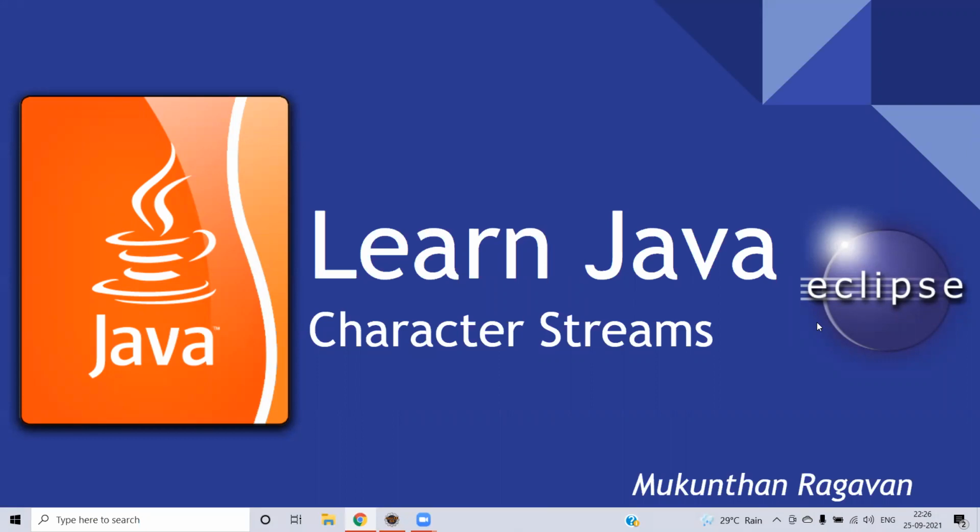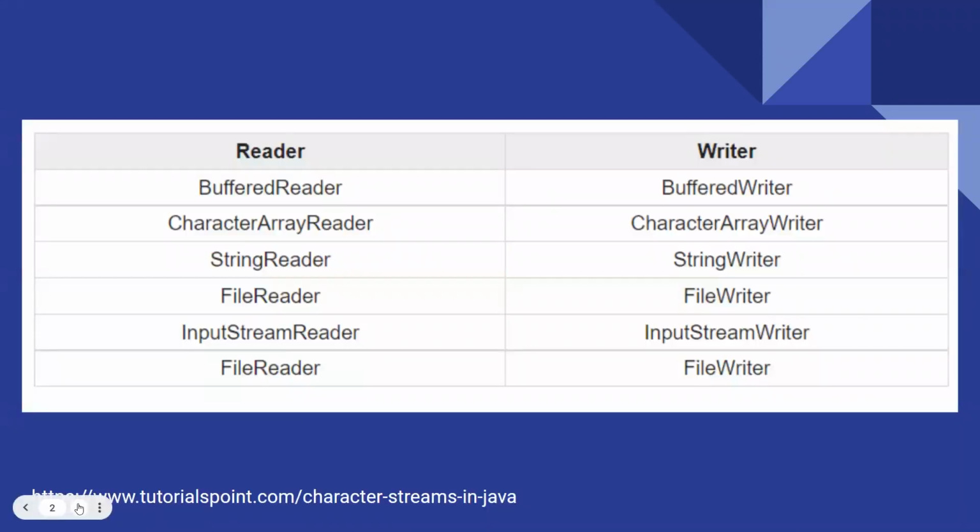In this video we are going to see how to read and write from the character format of files. In simple words, we are going to read and write text files, which have different arrays of characters. If you think about character data or text data, we have Reader and Writer classes in Java at a very abstract level. There are different implementations under Reader and Writer, as you see on the screen. We can choose any one of these based on the situation.